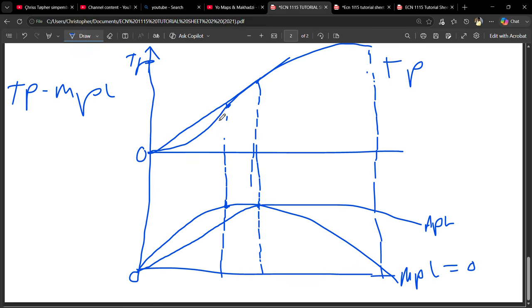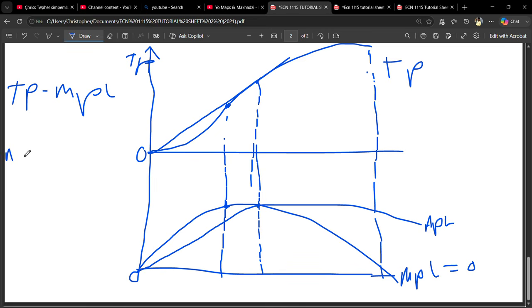Total product will start to increase, but at a decreasing rate. As we were here, it was increasing at an increasing rate, exponentially, and then once we move from here to there, it will start increasing, but at a decreasing rate. Okay, then